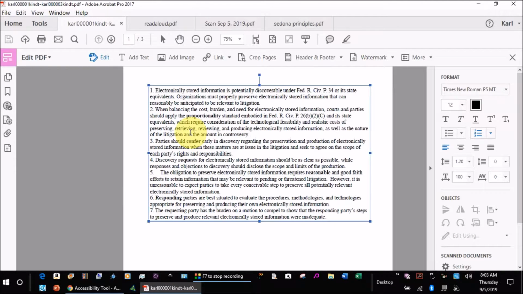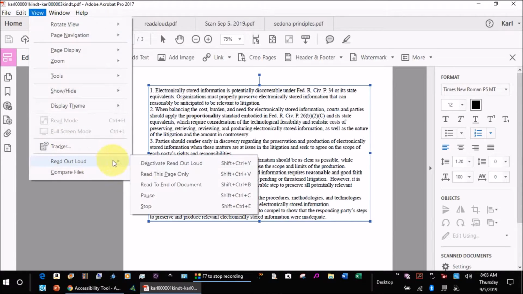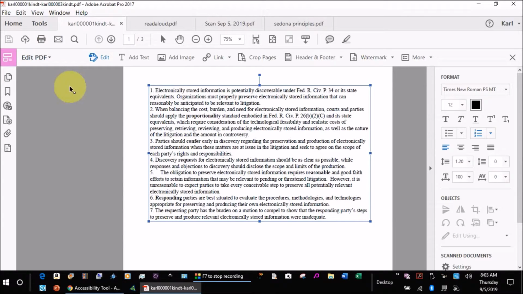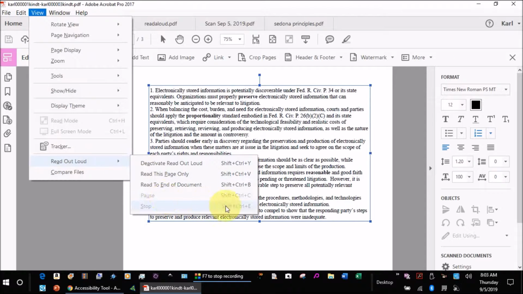Electronically stored information is potentially discoverable under Federal RCIP P34 or its state equivalents. Organizations must properly preserve electronically stored information that can reasonably be anticipated to be relevant to litigation. 2. When balancing the cost,